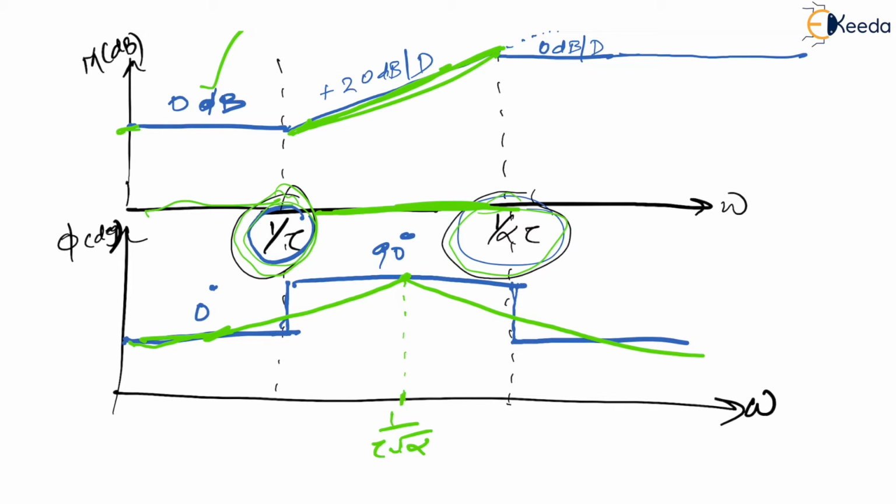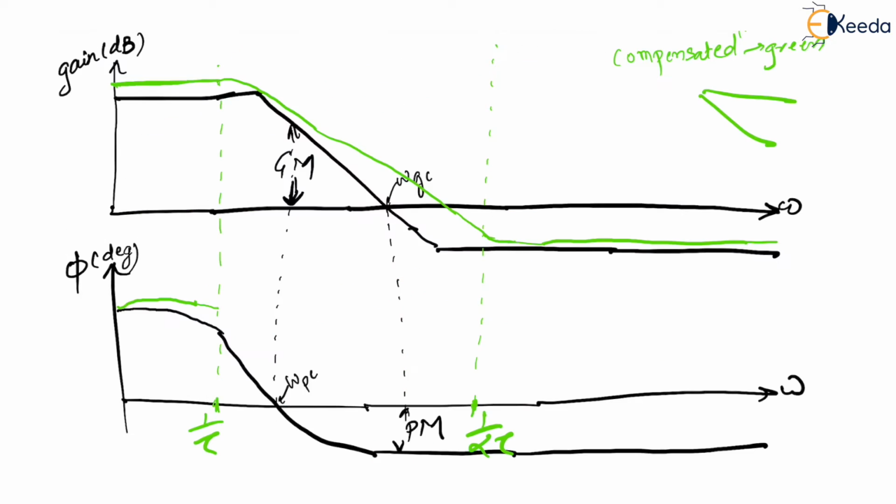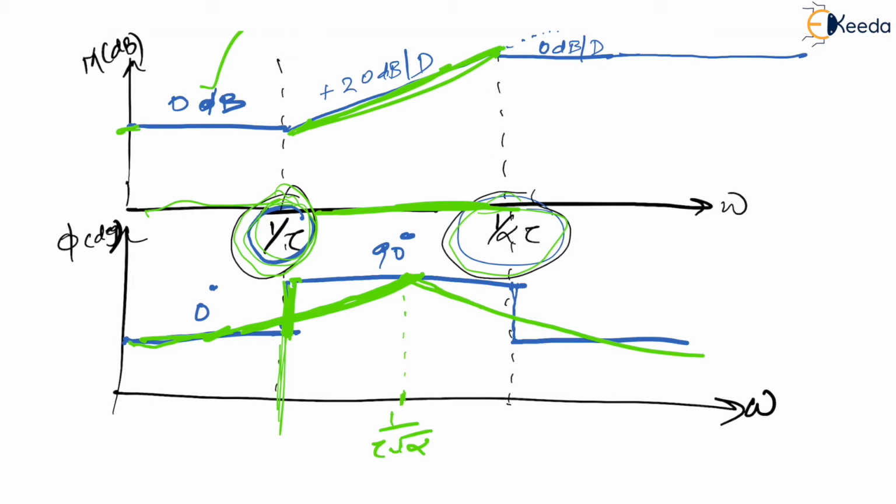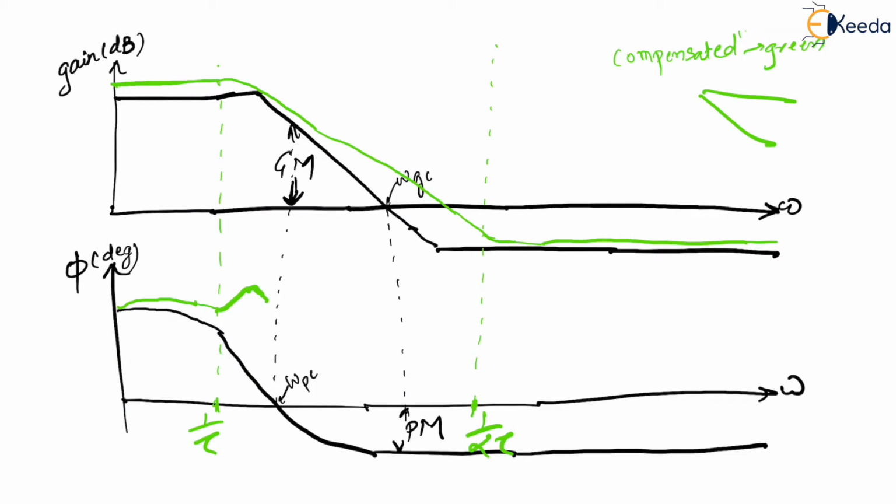Then what happened? At 1 by tau, at this frequency 1 by tau, it started increasing. It started boosting up like this, which means definitely I'll have some overshoot over here as well. Getting my point, right? And then after that, it is going to go this way. Right? Yes. Now, if you check out what has happened, this is your new omega PC,